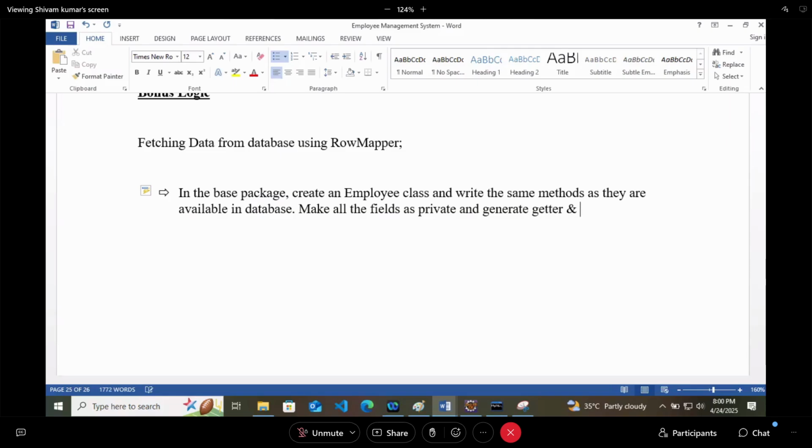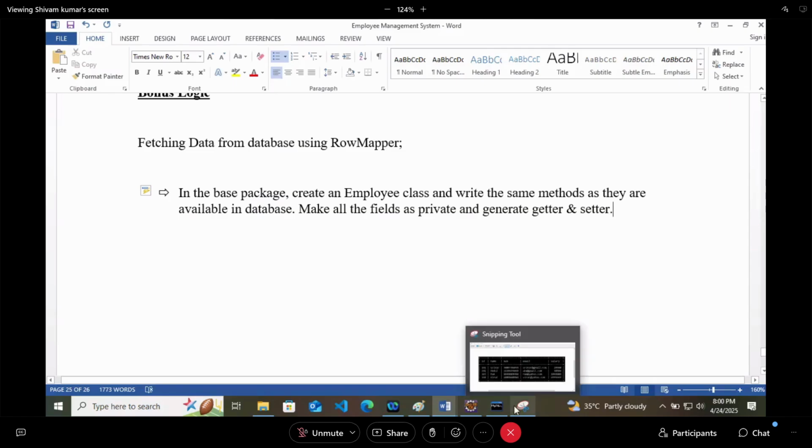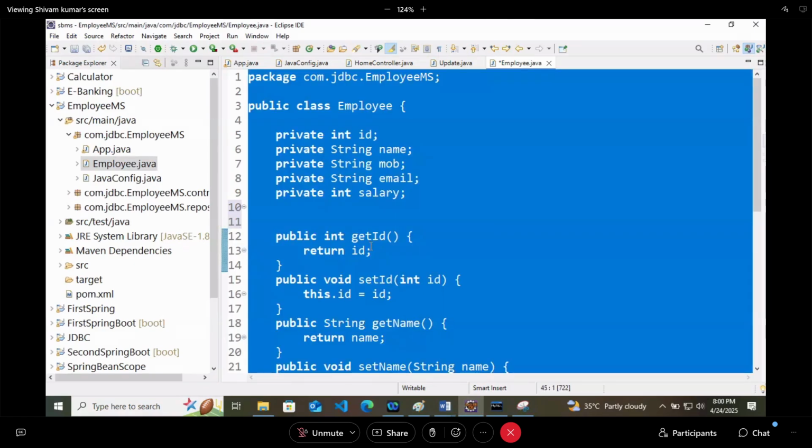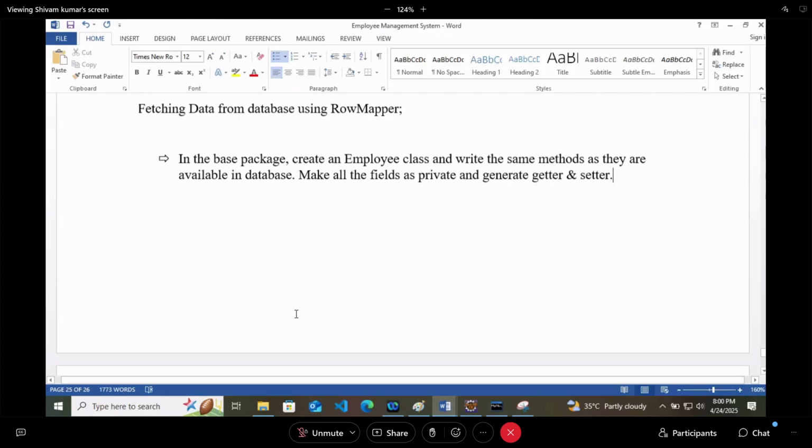Yes, if a class is having private fields and getters and setters, we call that a POJO class, plain old Java object. So this is how the code of the employee class is looking now.